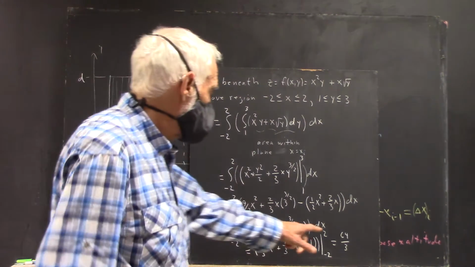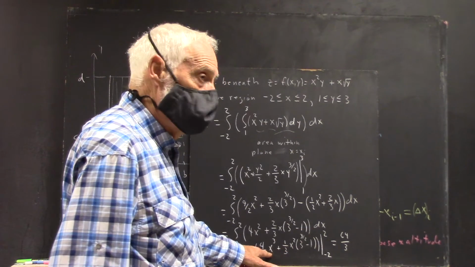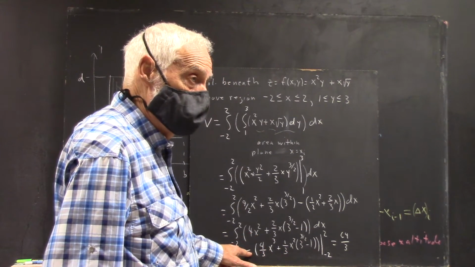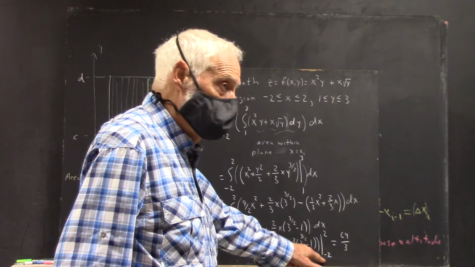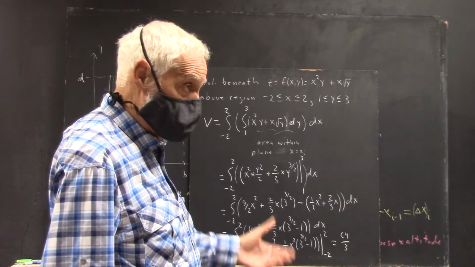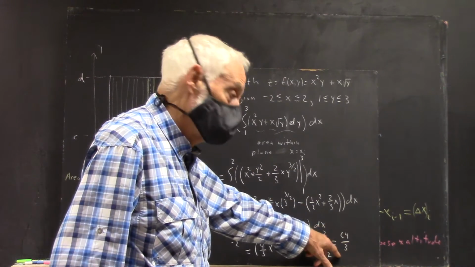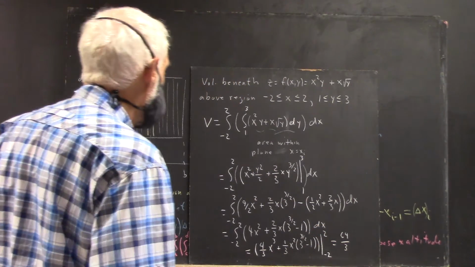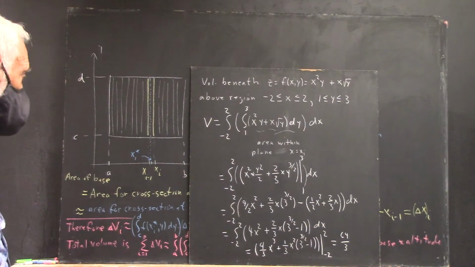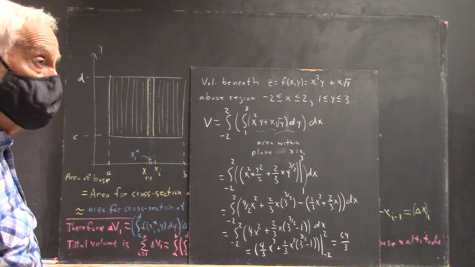Again, when x equals 2, we get 8 here, so it's 32 over 3. When x is -2, it's -32 over 3, so we subtract -32 from 32, we get 64 over 3. Now, I don't know if I did that right. There's a little bit of arithmetic there, and I'm trying to talk